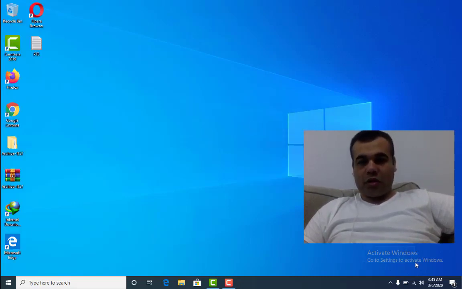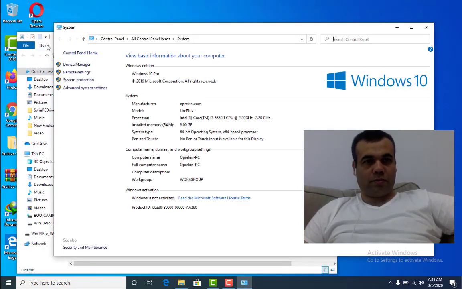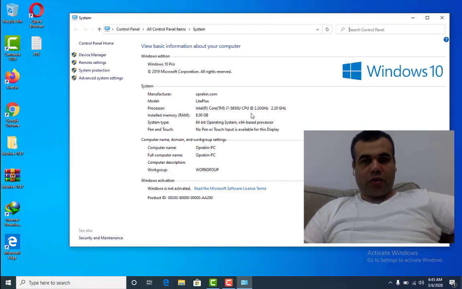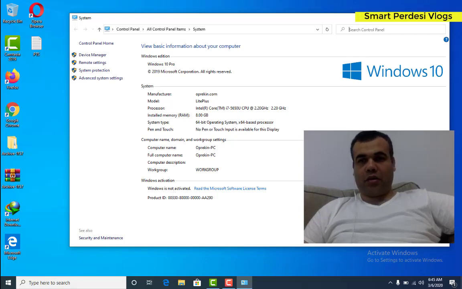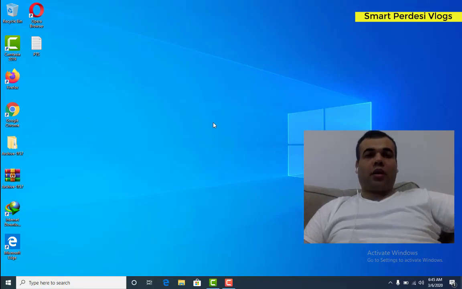So as you can see here, it's mentioning that activate Windows, go to the setting to activate Windows. And I will show you what the status of this Windows is right now. So guys, this is the Windows Core i7 processor. This is the MacBook Air, so I'm using dual Windows in this MacBook Air. So this is 8 GB and the Windows is not activated. And just close this one. So guys, simply what you have to do,